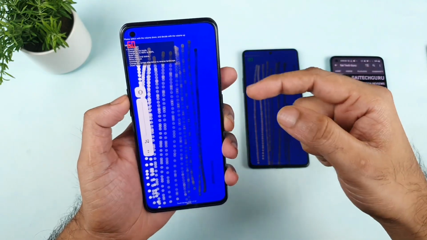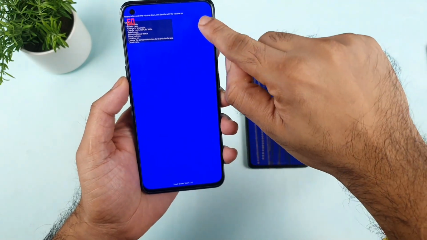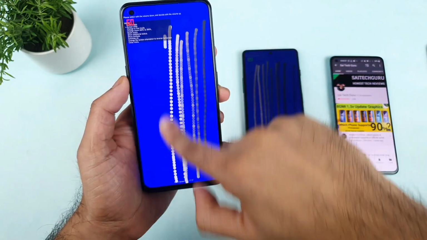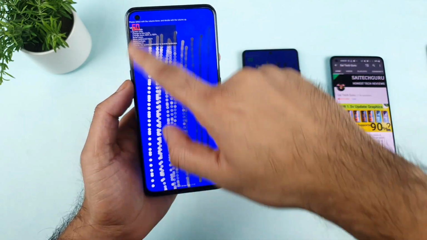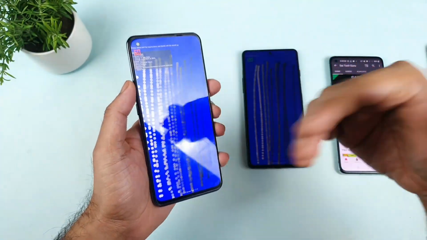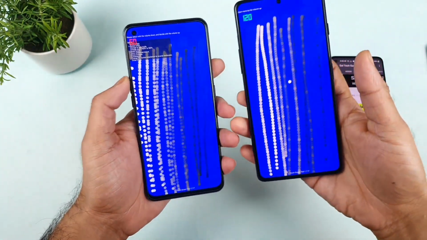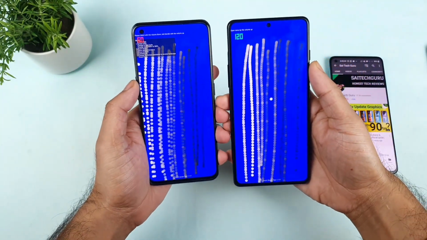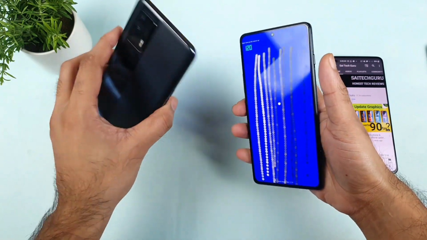You can definitely download this application and try it on your phone as well. As you can see, when I'm trying to increase the speed, the gaps are increasing. Small gaps. But with the same speed, even with the high speed I did on this phone, to be frank, there are still no gaps. So this is a quick touch sampling comparison, friends, between both phones, Realme X7 Max versus Poco F3 GT device.